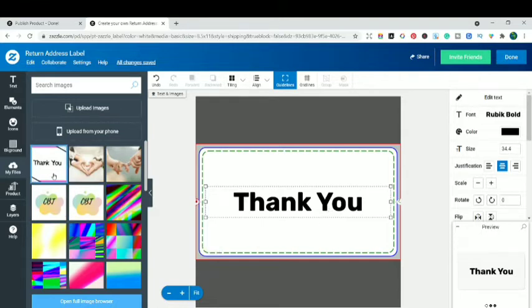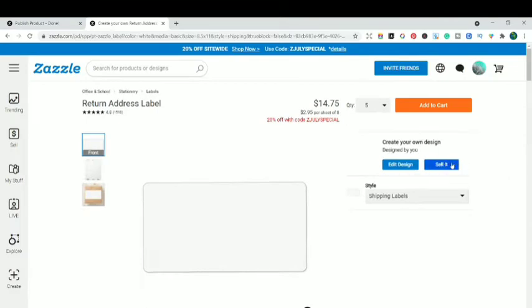So I have uploaded the design like this one in my previous design, and here I have created the template. I've used a text tool and written the text. You can bring various different icons over here or add the elements, whatever you want to do with that. So I'm just going to click OK, and we're going to publish this design.